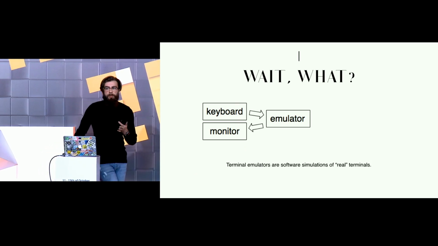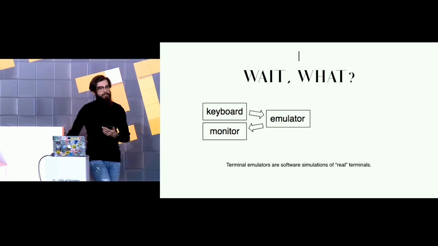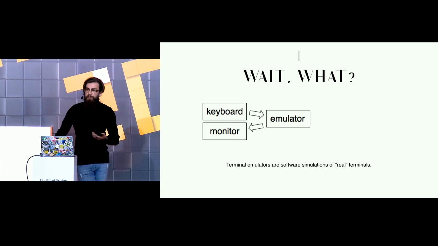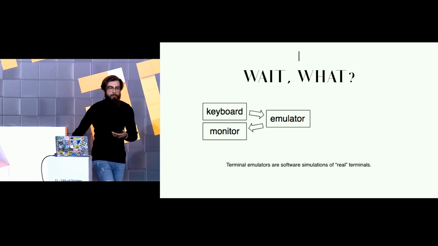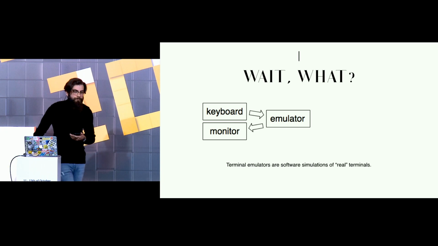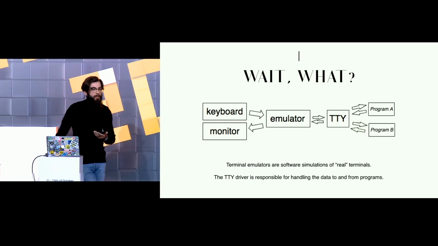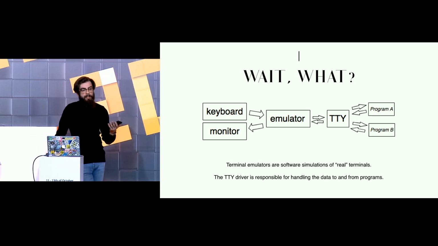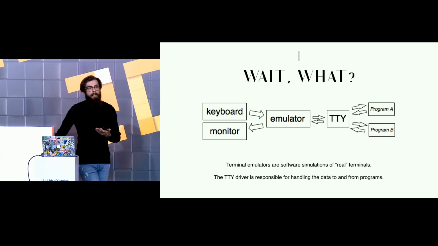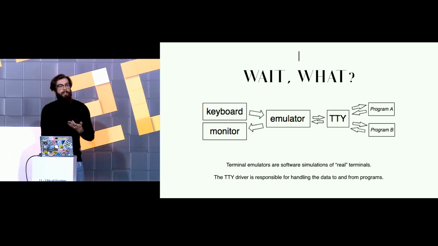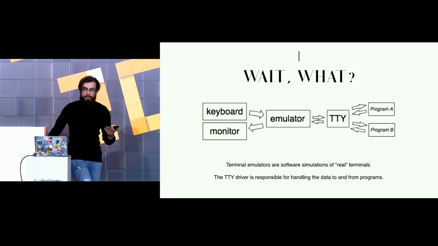And now just going one level deeper. I would like to give you a sense of how these things communicate, and also get an opportunity to talk a bit about streams. So when you use an emulator, your keyboard provides some input to your emulator, which then passes it to something we call the TTY driver, which handles data to and from programs. And that is what communicates to your programs. And your programs can have streams attached to them so that they can get things through standard input and give back output to standard error or standard output.